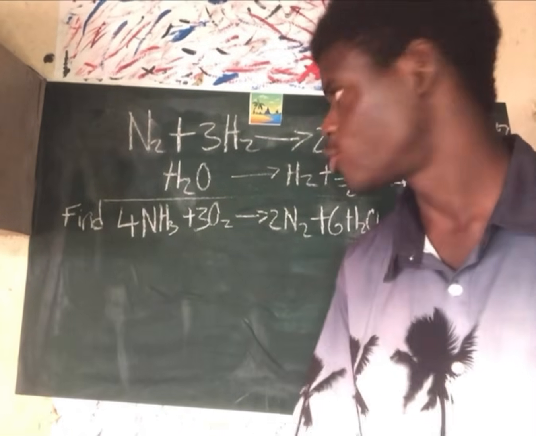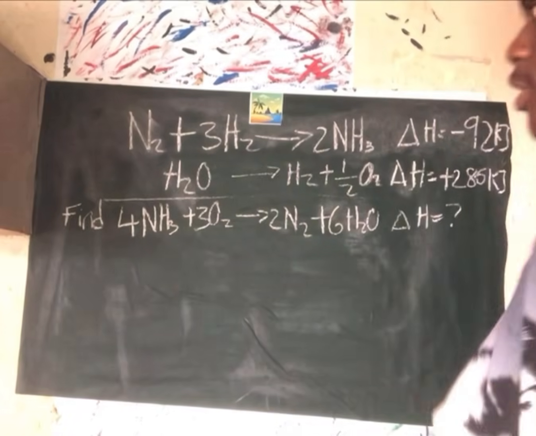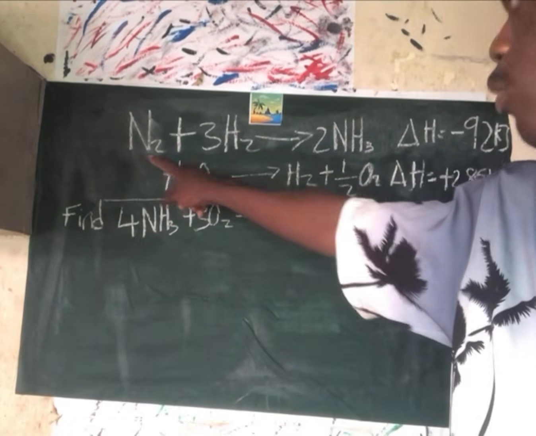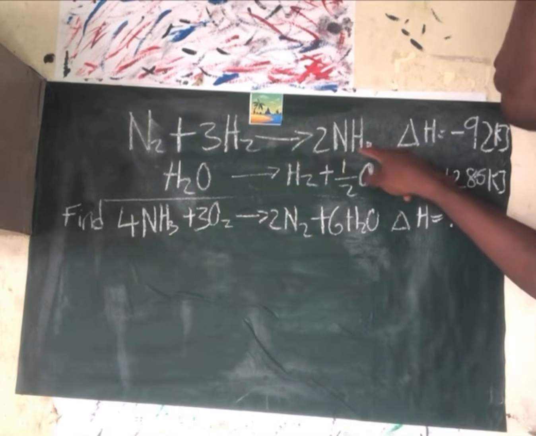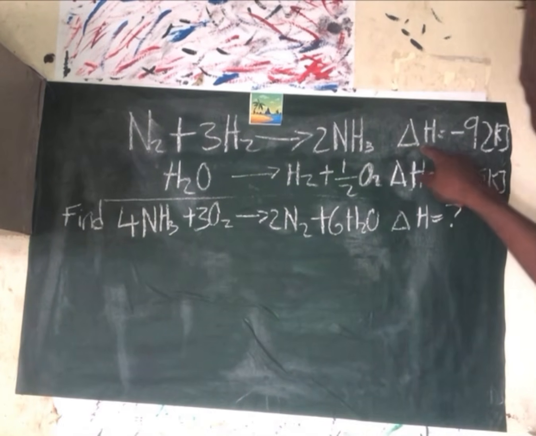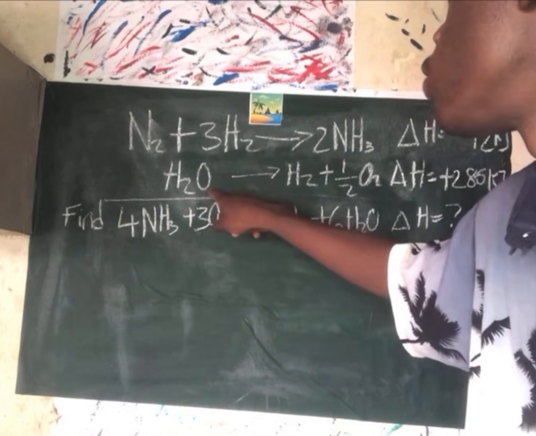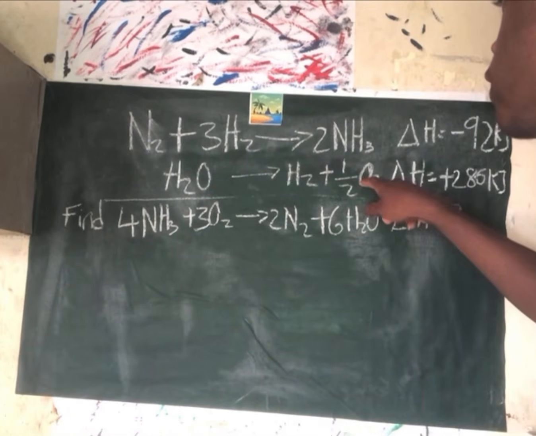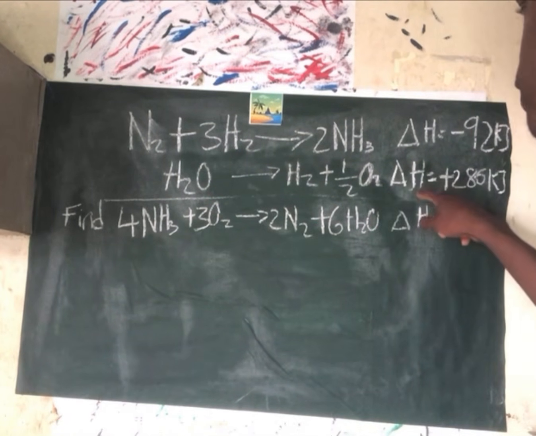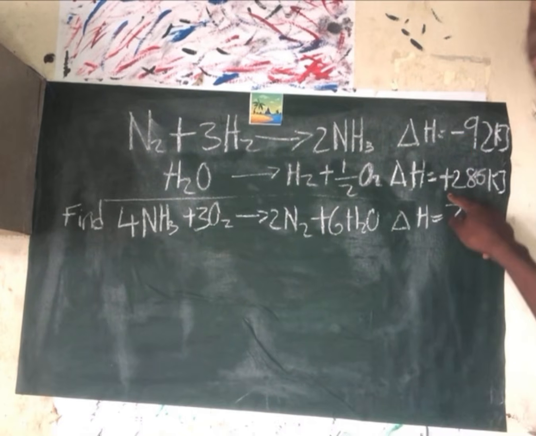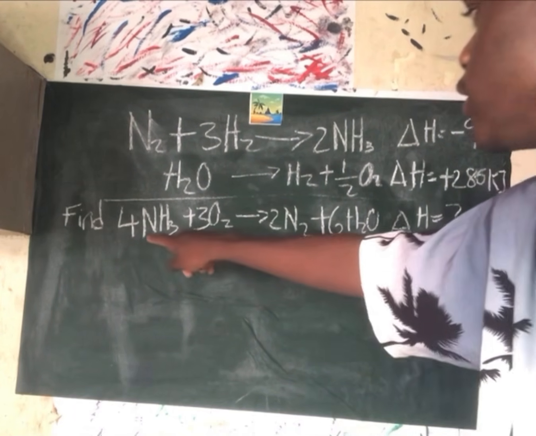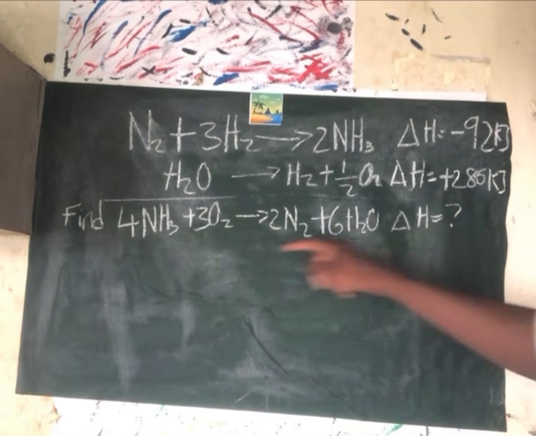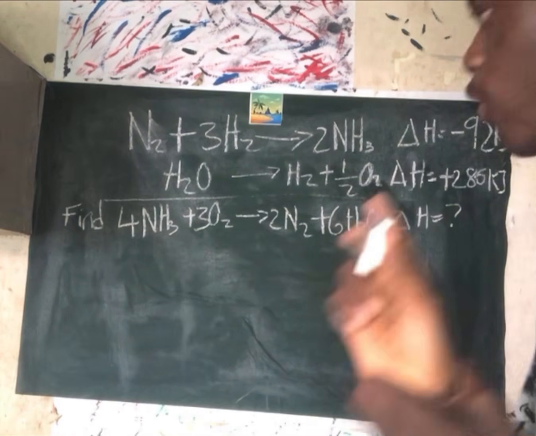Yeah, so let's take a look at this question. They said N2 plus 3H2 gives 2 molecules of ammonia, when the change in H, the enthalpy, is negative 92 kilojoule, and H2O gives hydrogen plus half oxygen, when the enthalpy is positive 286 kilojoule. Then they said you should find the enthalpy of this reaction. So the first thing we need to do